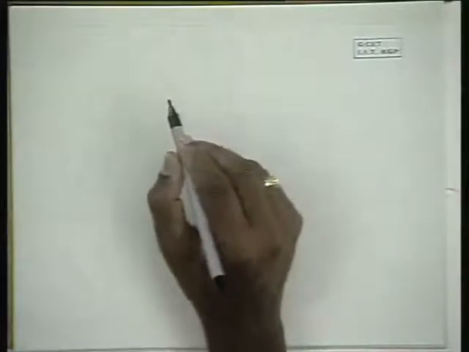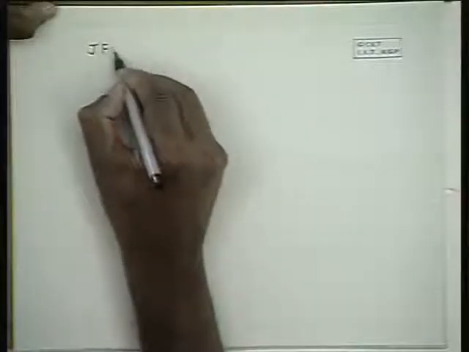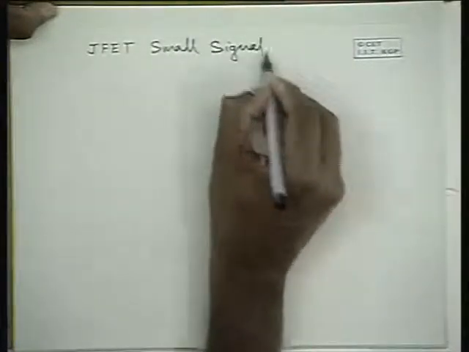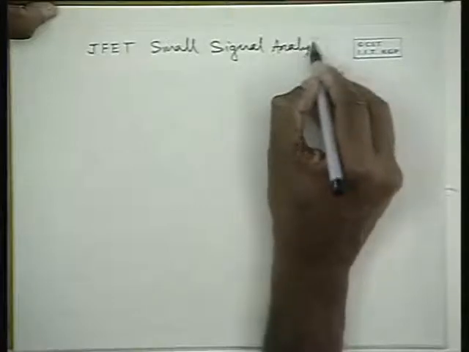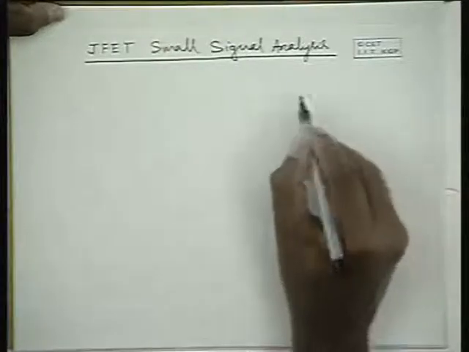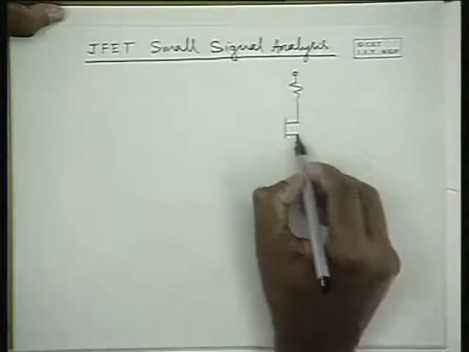Now we shall see how to analyze the amplifier circuits using this AC equivalent model to determine the performance of the circuits, like voltage amplification, current amplification, and so on. So I repeat, this analysis is valid only for small signals, and let us consider a fixed bias JFET circuit